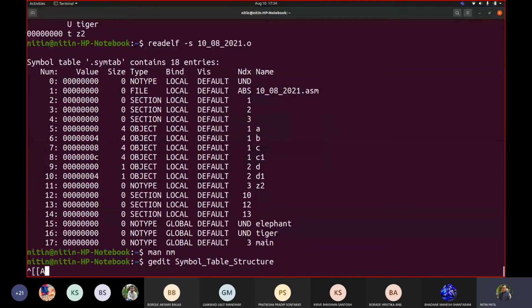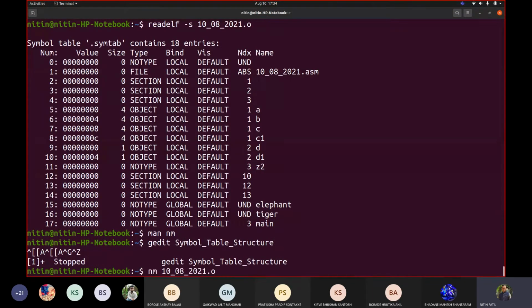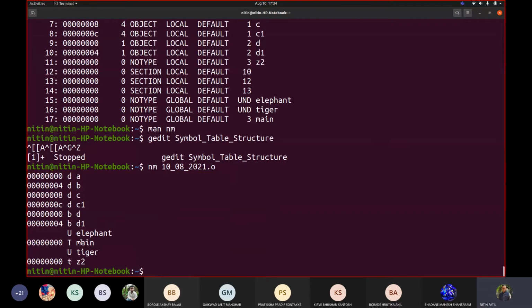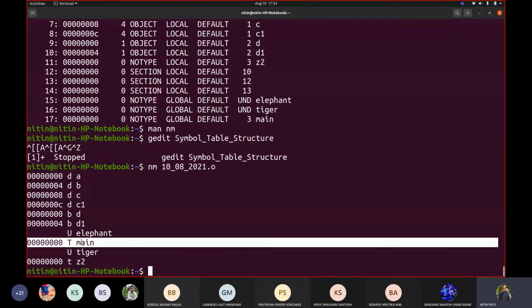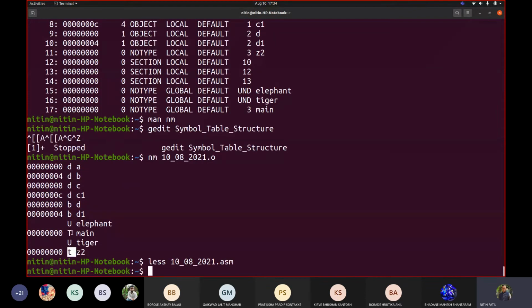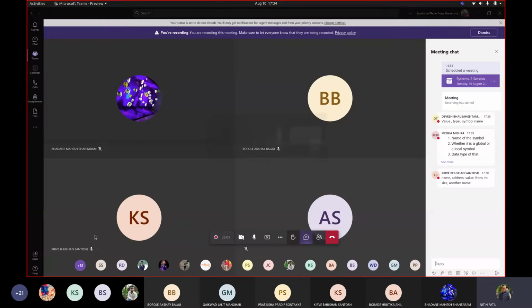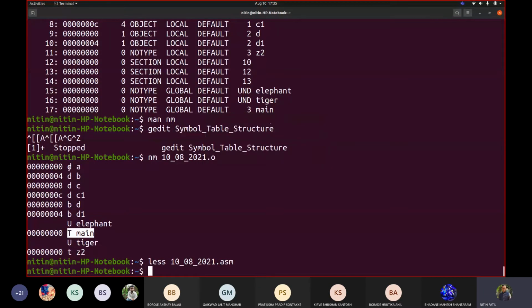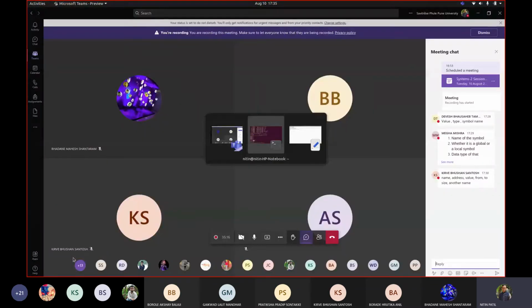Let me see here. If you see this, main is shown as capital T. And in the code, we took Z2 as a label. Z2 shows as small t, but main shows as capital T. Now apart from these values, like D, B, U, T, small t, what we see over here, U also needs to be added there.